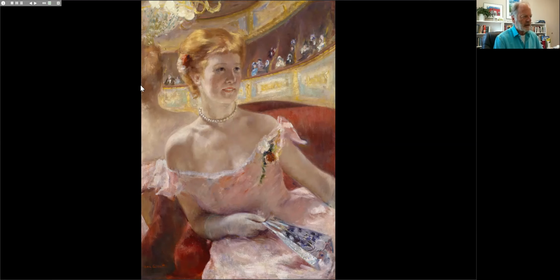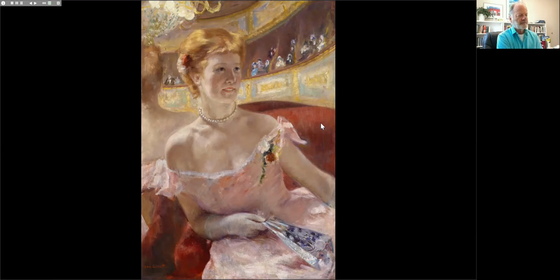So here is the back of the woman. And then we're looking at two levels of boxes across the theater from her position. And this allows us to see other theater goers. Your textbook has quite a good discussion of the way the figure is presented. We can say that this is a portrait image in that she seems to have the specific features of an individual, but it's very much a figure in a situation.